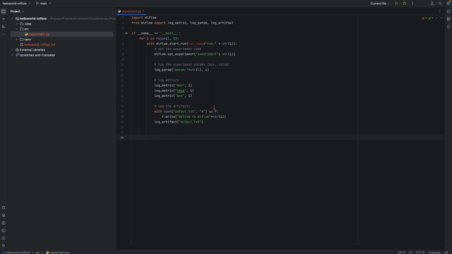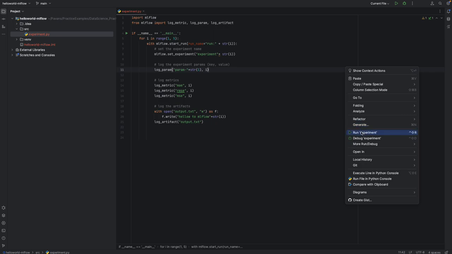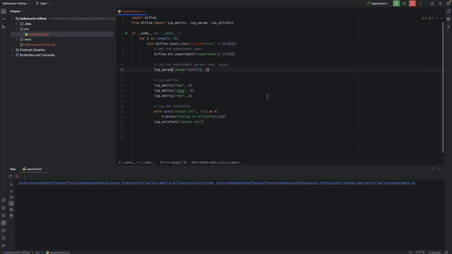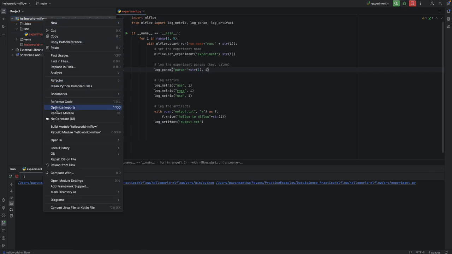Okay, so now with this we are done with the small program, which is the basic primer program, I can say, with different kinds of things that you can track. Basically I am demonstrating the tracking, how we can do tracking inside MLflow. Okay, let's try to run the experiment. Let us see here. Once you run it,